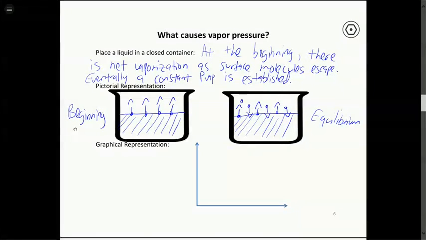And you're going to have always some molecules in the gas phase that are exerting a pressure on the walls of the container. That's why we measure a vapor pressure. Anytime you have molecules of gas moving around in a closed space, they exert pressure, as we've already talked about. So this is kind of what it looks like pictorially, and then we can think of it in terms of a graph. What I'm going to show here is the rate of vaporization and the rate of condensation as a function of time. At a given temperature, the vaporization rate is constant.